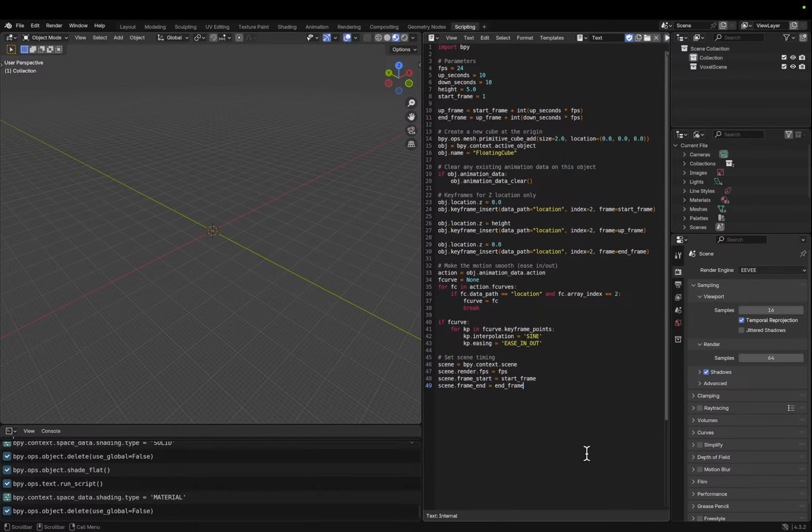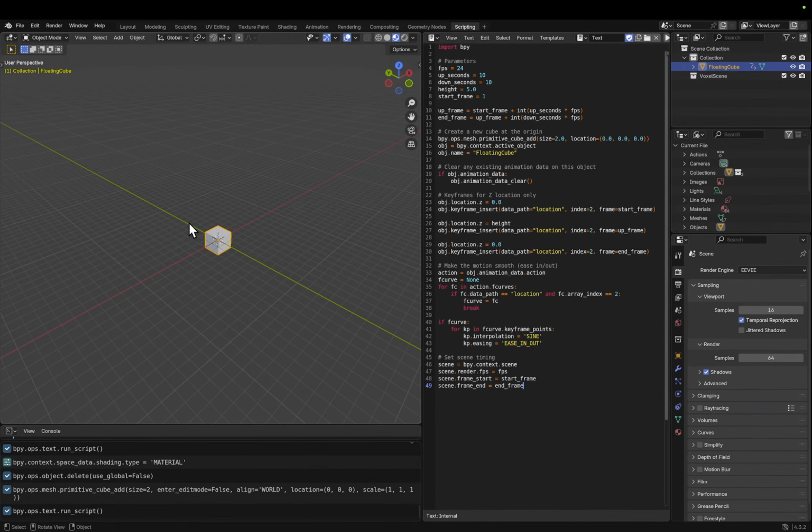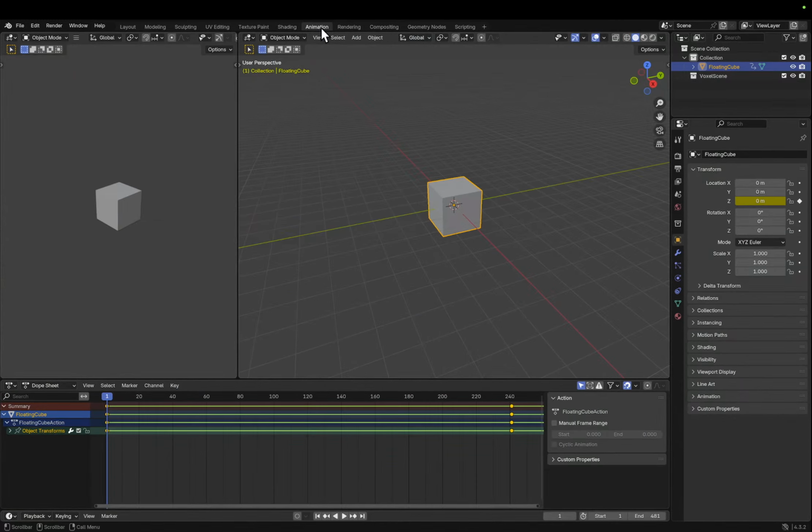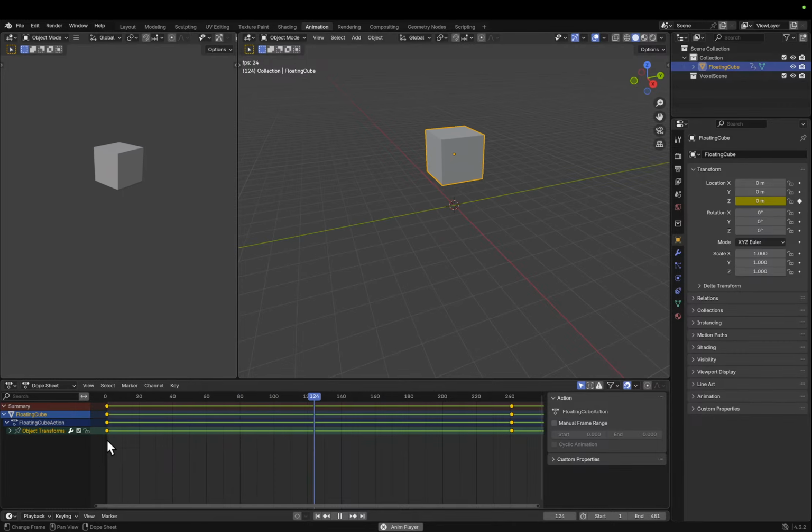Control AX. So I have option P. Let me hit option P and see what it does. So option P has given me the cube. I do see the cube. What should I do next? Should I go to animation? Okay. Oh, guys, have a look at it. It is floating. It looks insane. It is a very basic thing, but